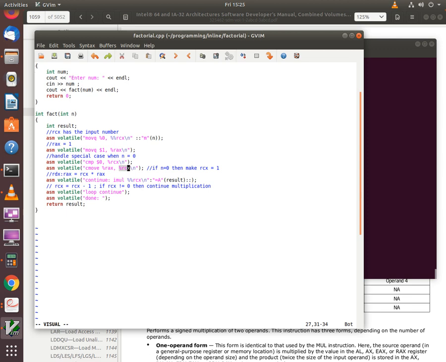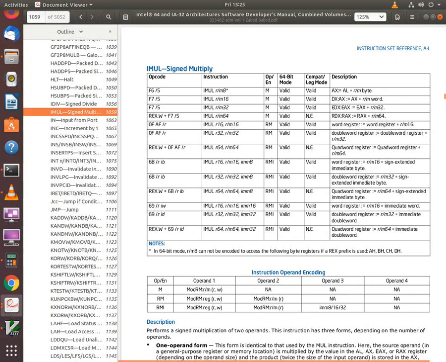The next two instructions are the instructions which compute the factorial of the number. What we are doing here is using the IMUL instruction with the RCX operand. So, a quick look at the Intel specification for the IMUL instruction.